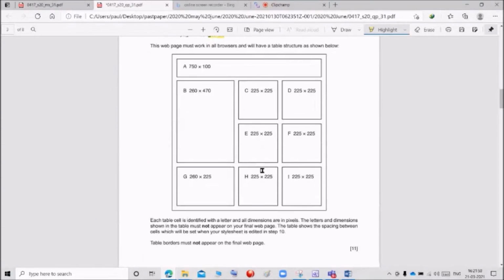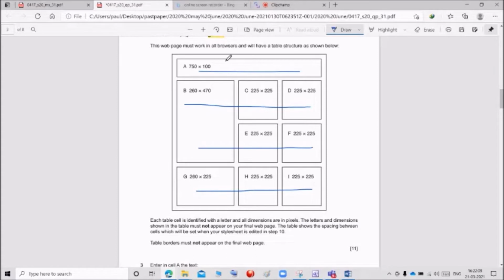So we want to create the table. They are giving the table in this format. We want to consider how many rows? This is row 1, this is row 2, this is row 3 and this is row 4. After that they have column 1 and column 2. So in total 1, 2, 3, 4, 5 rows and 1, 2, 3 columns are given in the question.